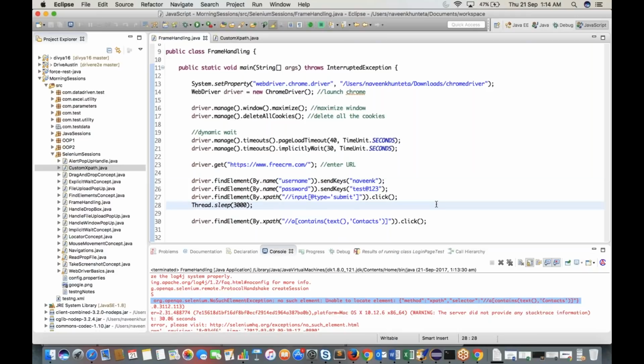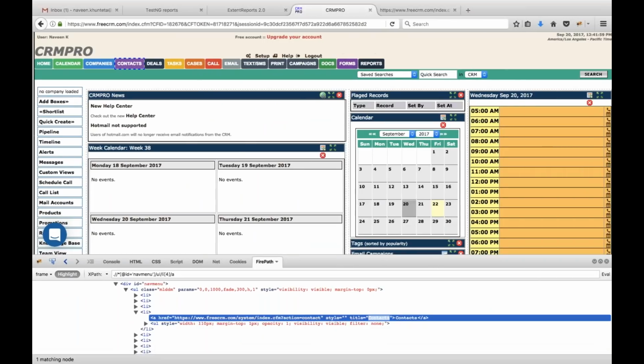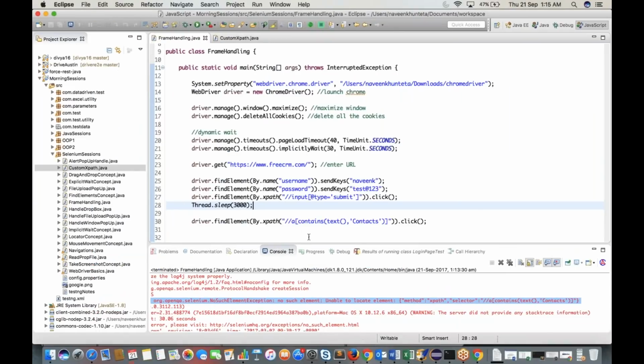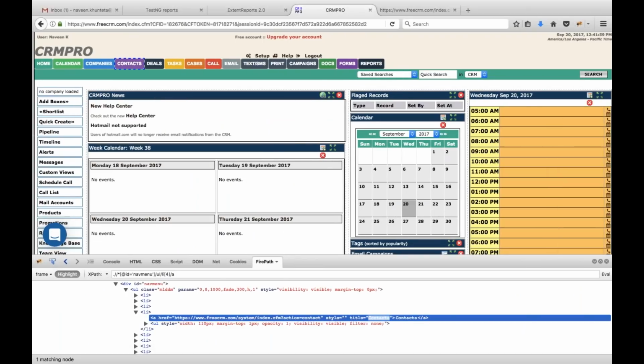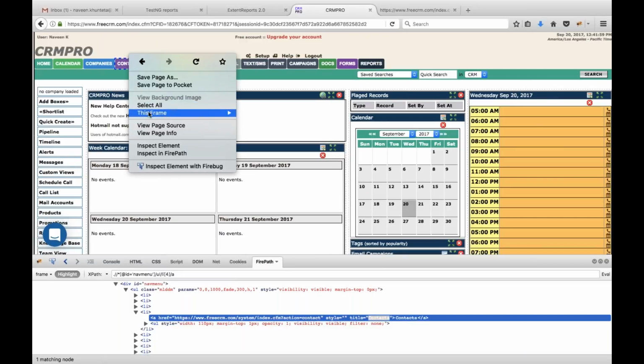So now you are totally confused that okay, your XPath is absolutely fine, then this is not the error we are expecting. So now how to handle this? Sometimes what happens, it is a good practice if you are getting this unable to locate element exception, or sorry, no such element exception, guys, always make it a habit that you see that okay, this is the contacts, so just above contacts, just right click on it and click on, see,